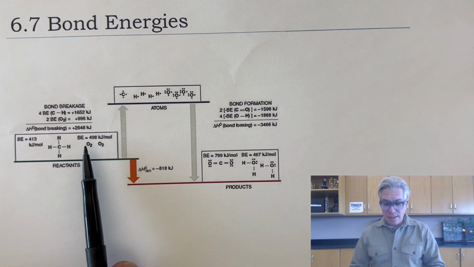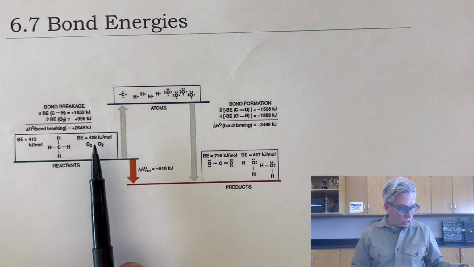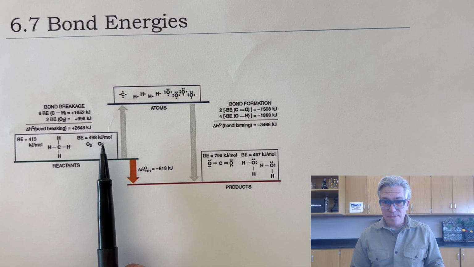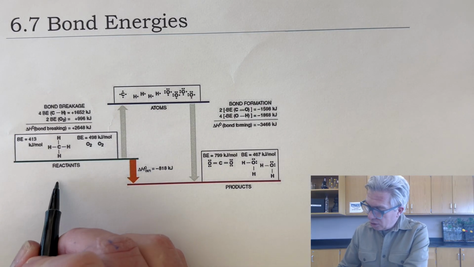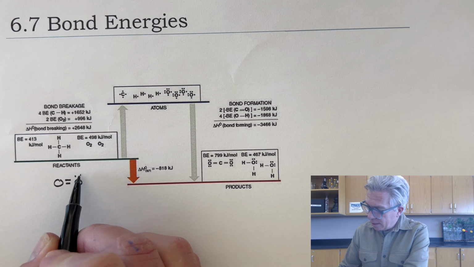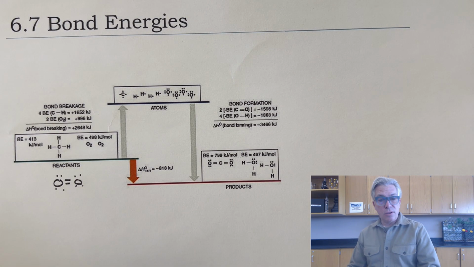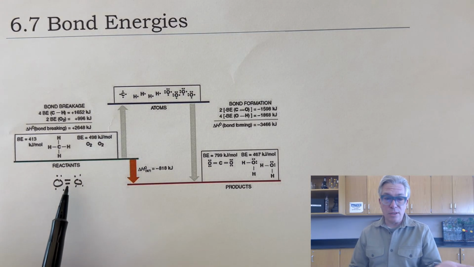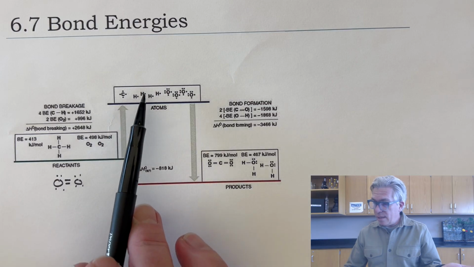Now notice that this number here is actually the bond energy for an oxygen-oxygen double bond. It's not an oxygen-oxygen single bond. It's a double bond because oxygen, when it is diatomic like that, actually is double bonded to itself. So again, if you didn't know that, you could draw the Lewis structure to find out it's double and then use the double. So I add them all up and I get 2648 in,